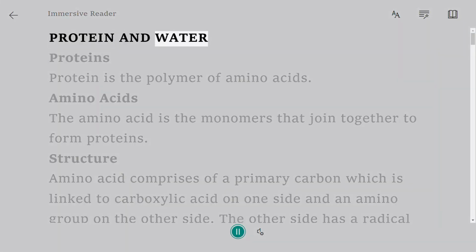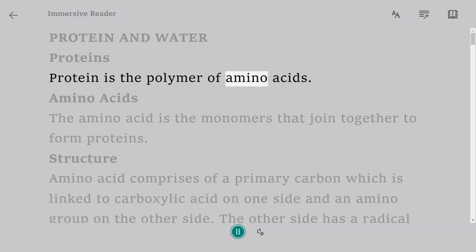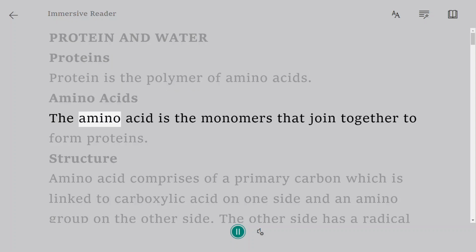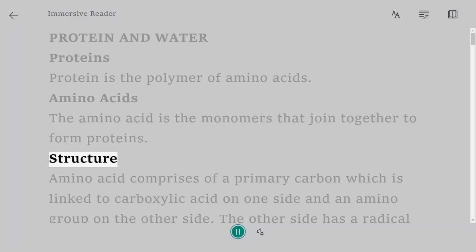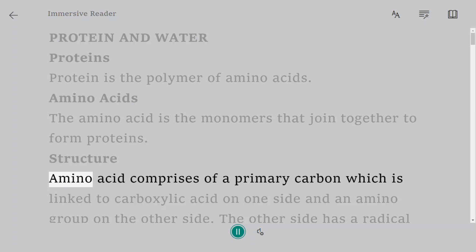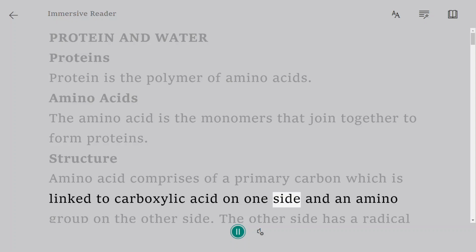Proteins. Protein is the polymer of amino acids. Amino acids. The amino acid is the monomer that joins together to form proteins. Structure. An amino acid comprises a primary carbon which is linked to a carboxylic acid group on one side and an amino